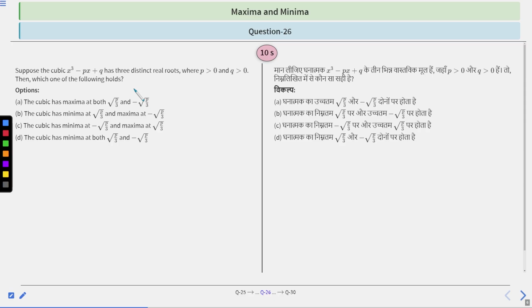First we will find f dash x, to find the different critical points at which the function attains maximum or minimum value. And after that we will calculate f double dash x at different critical points to see whether any point is a maxima or minima or not, right? So in this way you can approach this question. You have 10 seconds to solve this question. After 10 seconds we will discuss the solution.